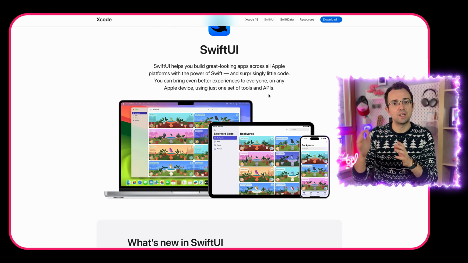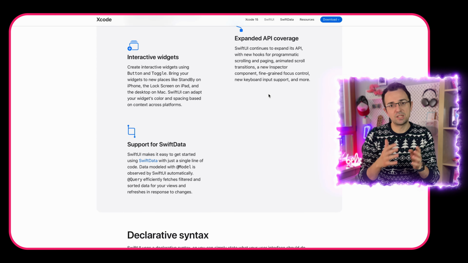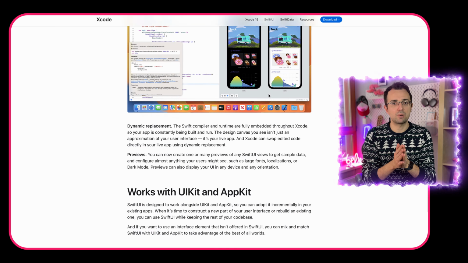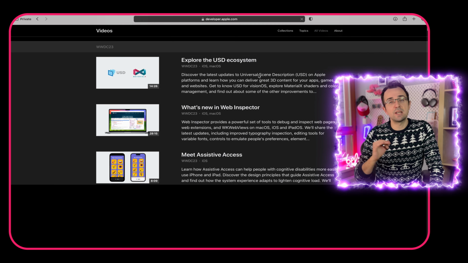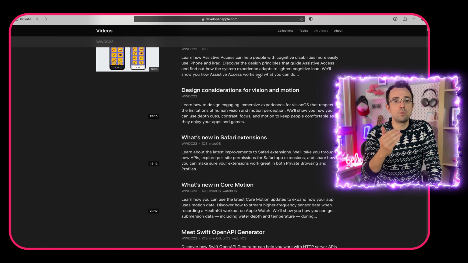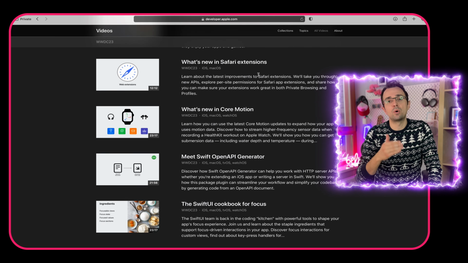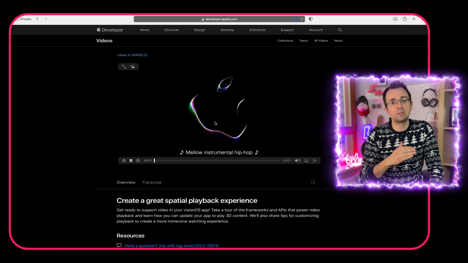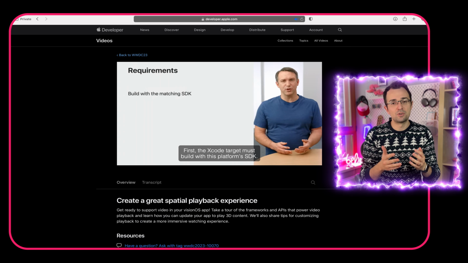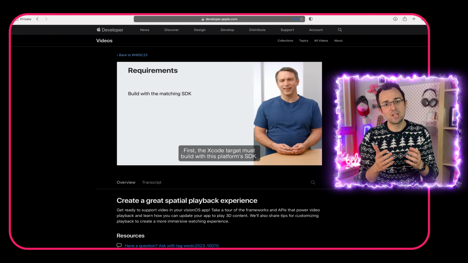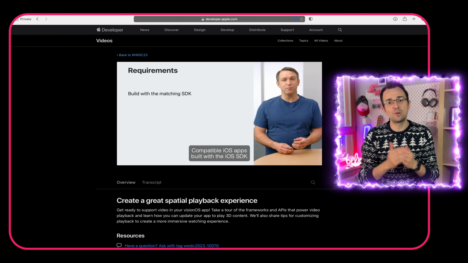Just go over and download the sample code and see it for yourself. And over there you can find also sample code for newly created technologies from Apple as well. If you prefer watching video tutorials, then please check out this year's WWDC videos about spatial computing, about visionOS, and about Apple Vision Pro. They will guide you and instruct you on how to create and build amazing immersive experiences for Apple Vision Pro. Learn from Apple engineers what it takes to create new apps or bring your existing apps to this new platform.